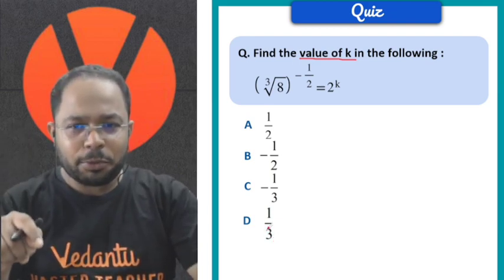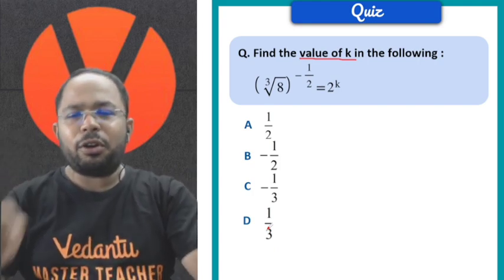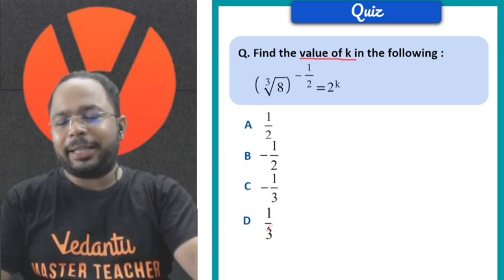जल्दी से प्रेस करो पॉज बटन को और जल्दी से सॉल्व करके राइट ऑन द चैट बॉक्स व्हाट ऑप्शन यू आर गेटिंग।